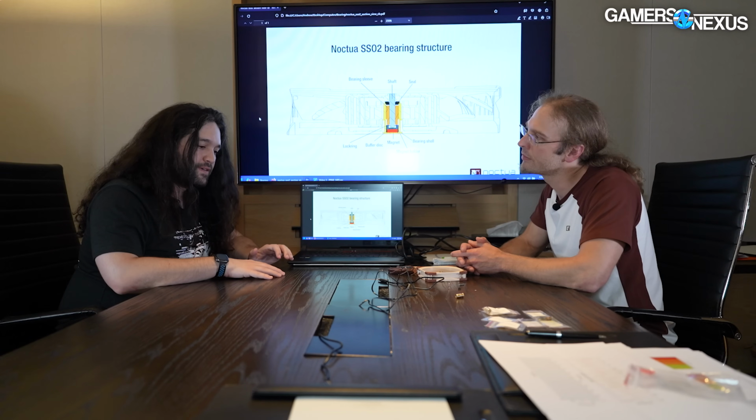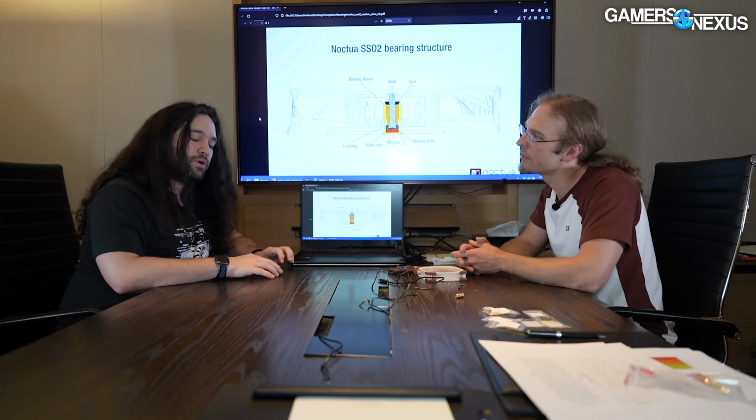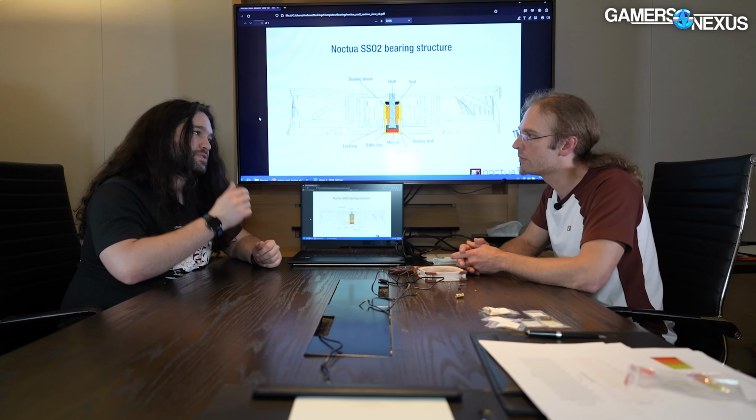It's not only reductive, it's even confusing, because just the fact that it has herringbone grooves doesn't mean much at all. If Noctua is going to design a new fan tomorrow, what considerations might you have to make a decision on which bearing to use, what kind of bearing you want to use? So for example,